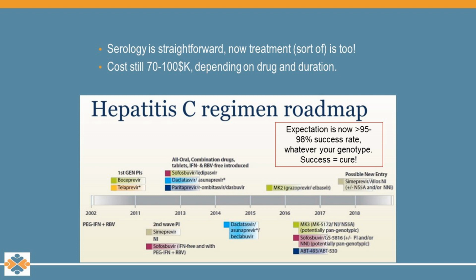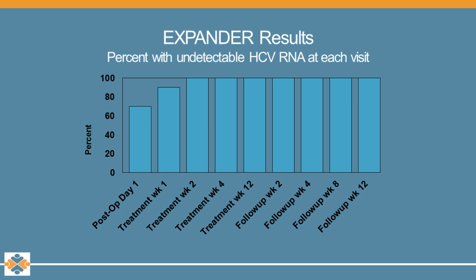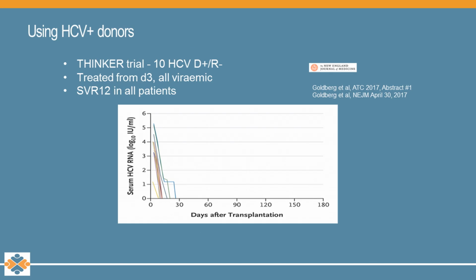The other thing that's changed for Hep C is the medications. We are now in an era where cure of Hep C is the expectation. And that's been taken a step further by a couple of pilot studies that you may be aware of, intentionally giving Hep C negative recipients of kidneys a Hep C positive donation and just treating them straight away afterwards. One group at Hopkins, led by Christina Durand, and another group, which I'll get to, from Penn, have done this. As you can see, the percentage of undetectable Hep C in the recipients very quickly rises to 100%. So they've essentially given someone Hep C and treated them out of it. Now this is early pilot data, but it's still very helpful.